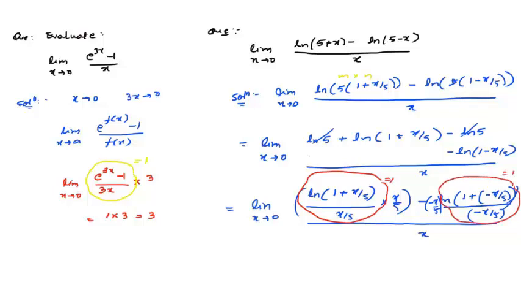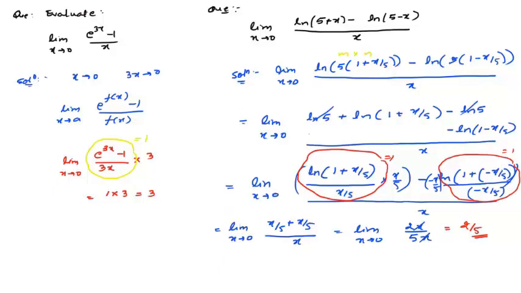So finally, we can rewrite the expression as limit x tending to 0, x by 5 minus minus of x by 5, we'll get x by 5, and whole divided by x. So what we are getting is limit x tending to 0 of x by 5, and in the denominator we were having x. Now x is tending to 0, not exactly 0, so this x and this x can be cancelled out. So the final answer for this limit is 2 by 5. Okay, so moving on to the next.